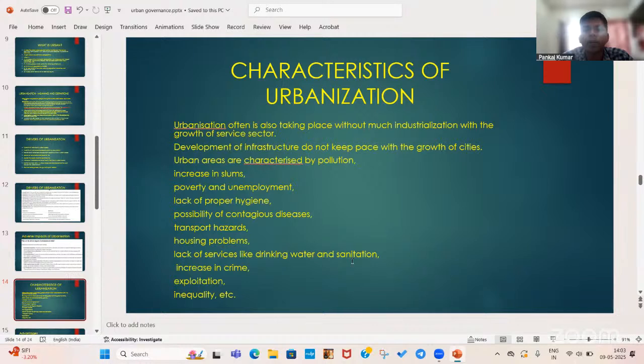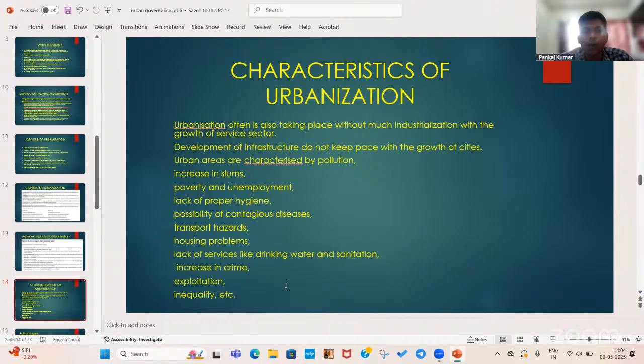Often the water in urban areas is found polluted due to leaking pipes. Often the drinking water pipes pass in close proximity to sewage pipes. In case there is a rupture in the sewage pipe and the drinking water pipe, then what will happen? The water going through the drinking water pipe will get contaminated with sewage water. So that's why there are chances of these diseases. Then there is also a considerable increase in crime rate, as per the crime reports by NCRB,